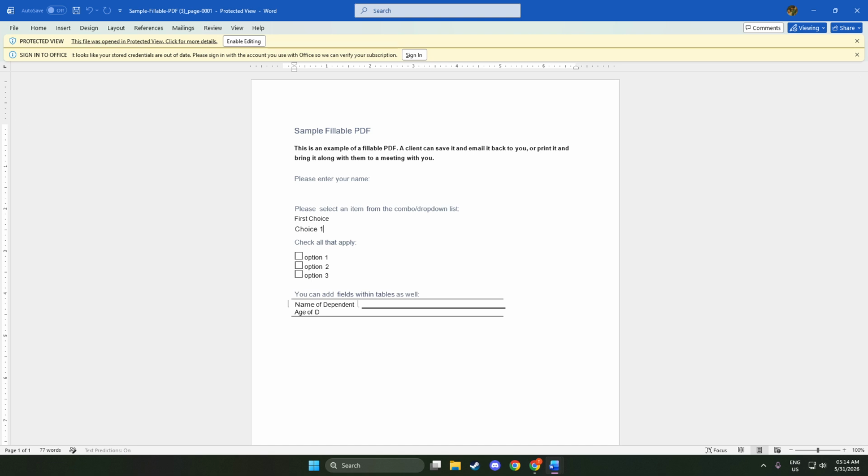That's Word being cautious. If you recognize the file and trust where it came from, go ahead and click Enable Editing on that yellow bar. The moment you do, Word will switch the document out of its protected state and your selection and editing tools should work normally again. This is the most common fix, and it resolves the issue in just a single click.